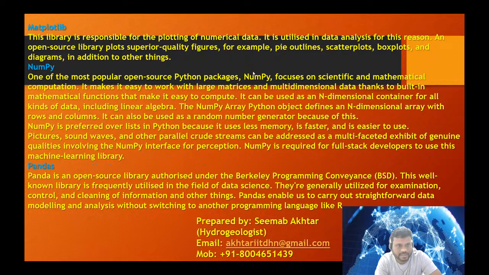So these are some libraries, first the matplotlib. This library is responsible for the plotting of numerical data. We will use this library, that's why I'm introducing it, and how to install it we will see in the practical part. When you're using graphical interpretation, then you have to activate this matplotlib library. It is utilized in data analysis. An open source library that plots superior quality figures, for example, pie charts, scatter plots, box plots, and diagrams